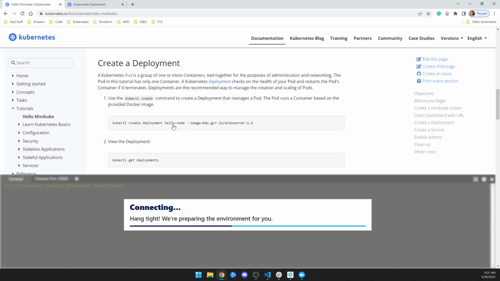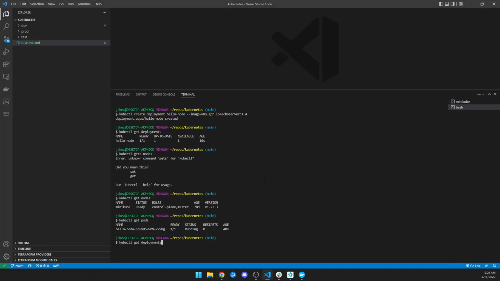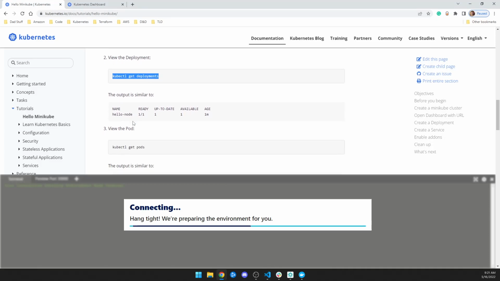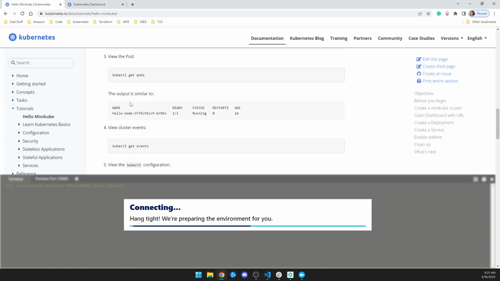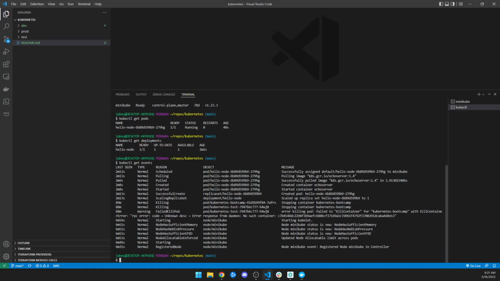Okay, so I've created this hello-node. Now we want to view the deployment, which I already kind of did, but we'll go in order here. So let's do get deployments, and we can see we have a hello-node deployment. And then we want to view the pod, which we did. And then we can look at cluster events as well. So let's get events and see